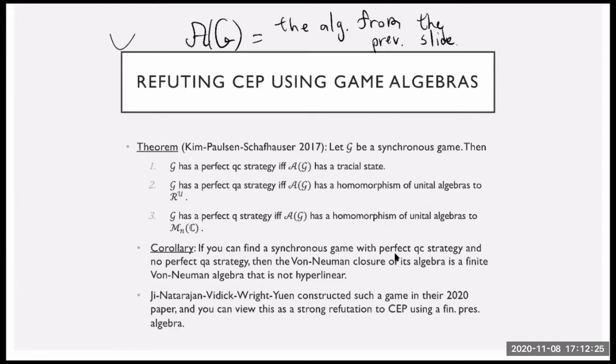Okay, but we said, in particular, that if you have a tracial state, then you have a GNS representation, so you already have a homomorphism into B(H). And from this you can deduce that if you have a game with a perfect quantum commuting strategy and no perfect quantum approximated strategy, and you actually construct this game, the finitely presented algebra A_G refutes Connes' embedding